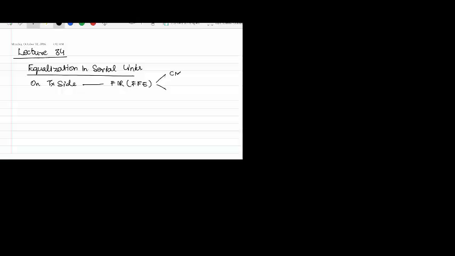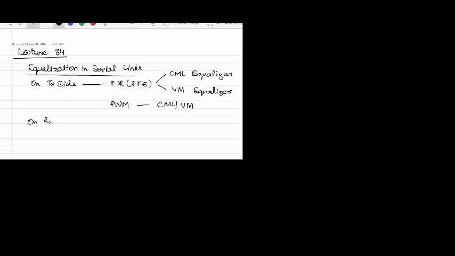One is a current mode logic based equalizer. I think this is what you have seen at some overview level. The other one is voltage mode equalization. We will see what the benefits of that are. Then there also exists another kind of equalization called pulse width modulation based equalization, which can be implemented in both current mode and voltage mode. So this is mostly the equalization which you use on the transmitter side.